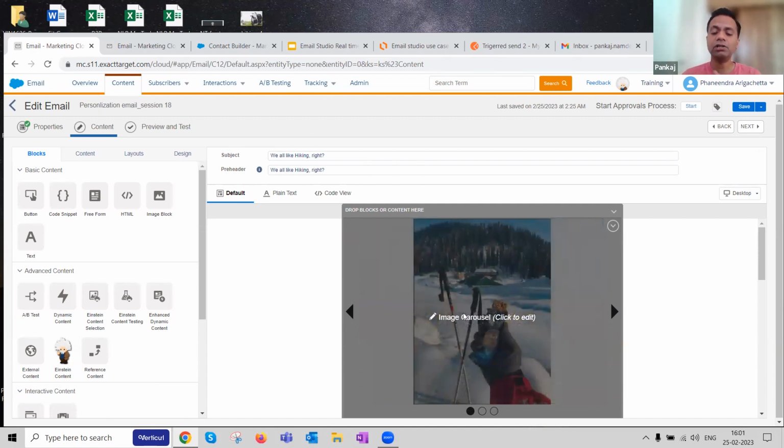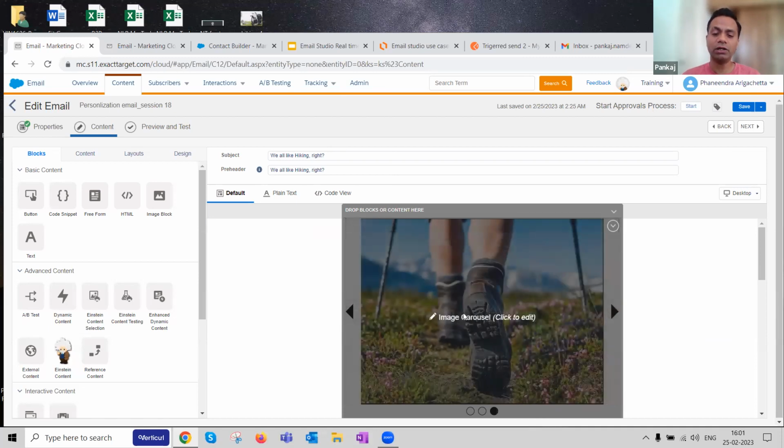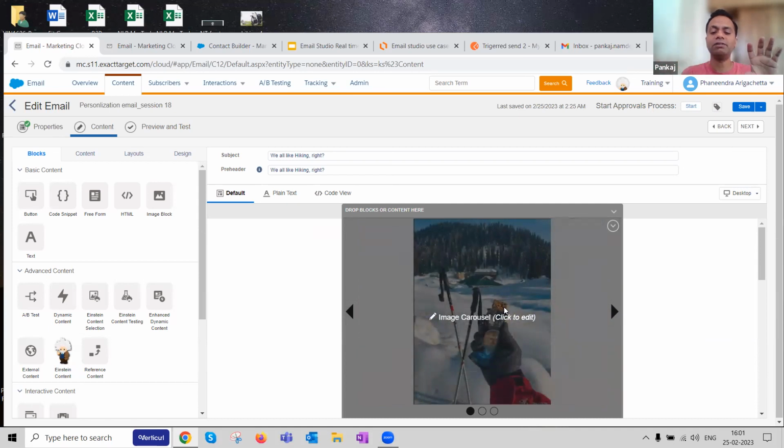So in our use case, what is this customer space? I have taken the liberty of tweaking the use case a bit. I'm using Northern Trail Outfitters, which is our go-to place for a lot of things in demos. What I've done over here is create email content and put a carousel in it. What is a carousel? A carousel is a feature with which you can get three or four rotating images.